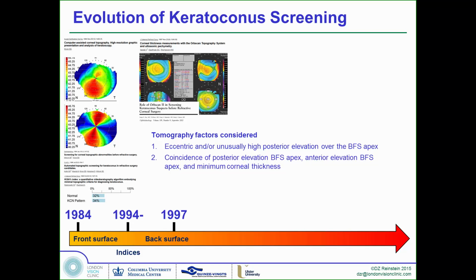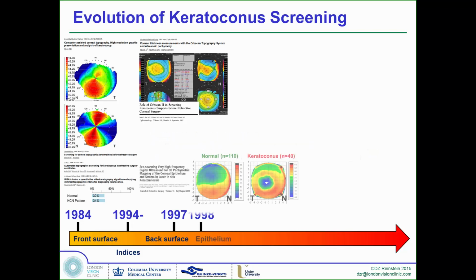We were looking more at qualitative factors, how eccentric this posterior surface was, whether it coincided with the thinnest part of the cornea, and whether that was eccentric or further away from the inferonasal position that one would expect it to be. And it wasn't until a couple of years later, in the late 90s, where I actually,